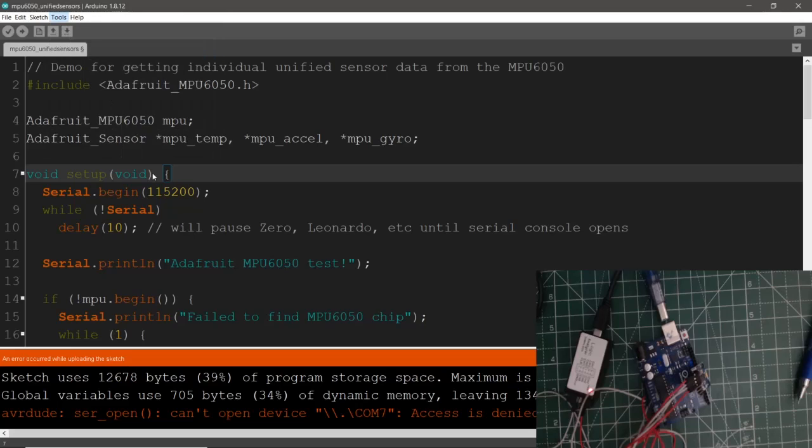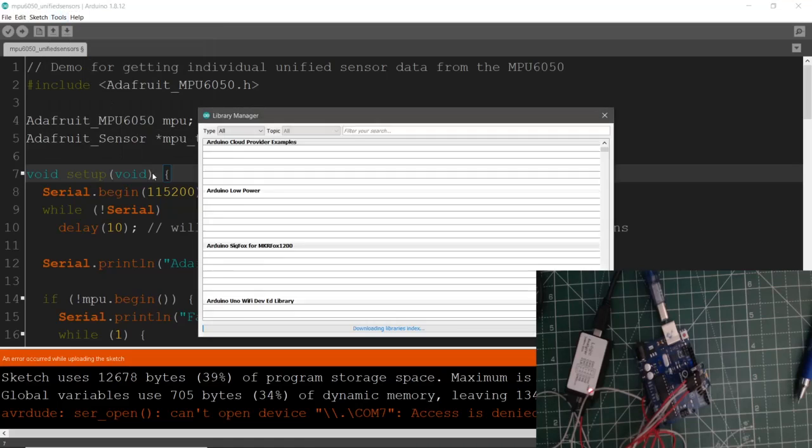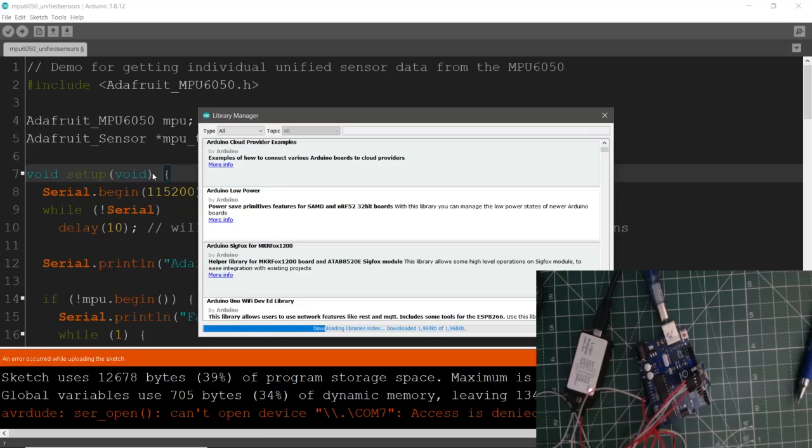Whenever you do this, as we have discussed in our earlier videos, it fetches all the third-party library repositories and maintains a list of all the available libraries, so that whenever you search for a specific library like MPU 6050, which is the sensor we are trying to interface now,